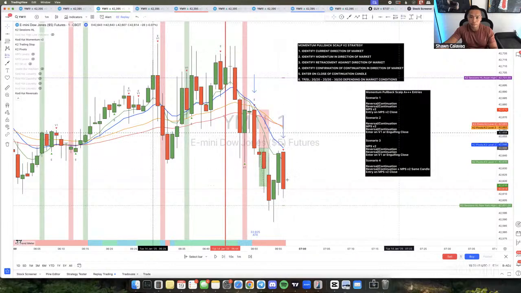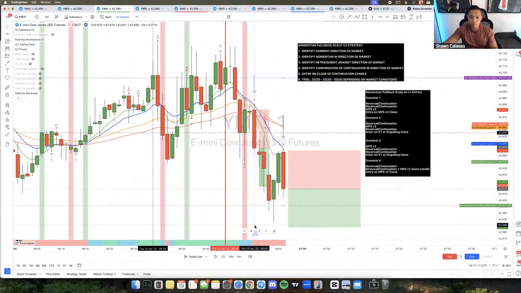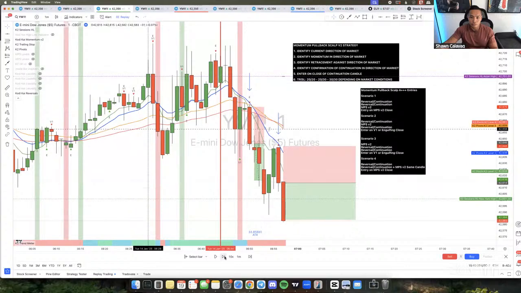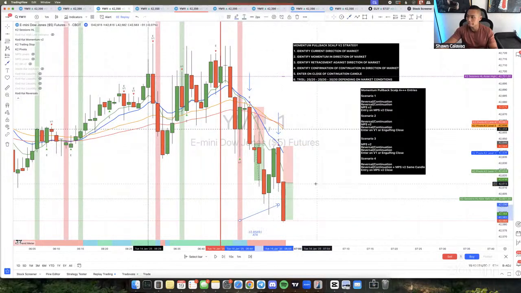Right here, this would have been your entry if it wasn't at a red flag, but you can see over here that obviously it's at a red flag, so it's not one that you would take. It's right at the New York high. So if this was an entry that you would have taken, you can see right there it would have pushed down and it would have hit TP. I'm just using this as an example, but because of the red flag, it would have been one that I would have avoided. But it's still a setup for an A++. So, all right, there goes an example right there. Let me see if I can find another one.